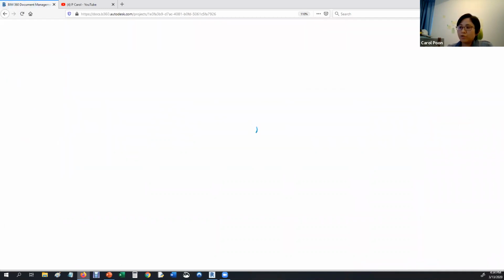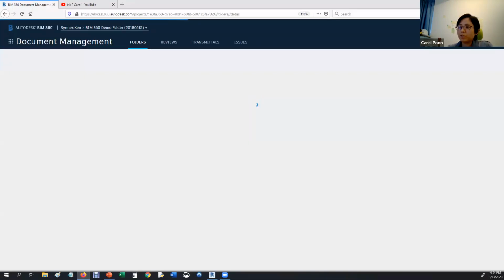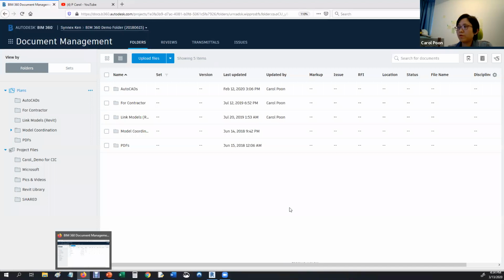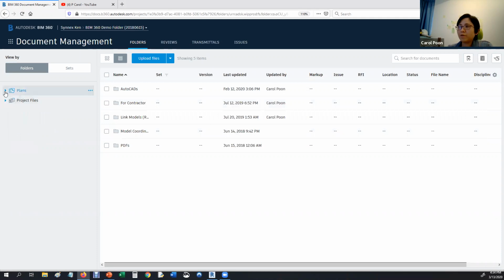You can see that I only use Firefox. You can also use Google Chrome. I would suggest using these two. Actually, I have set up some subfolders in this project already. If in the future you have a chance to set up your own project, you will find we have two default folders here, and I'm going to assign a project for every group of students. For example, here I just created a folder for my demo section, Carol demo for CIC,